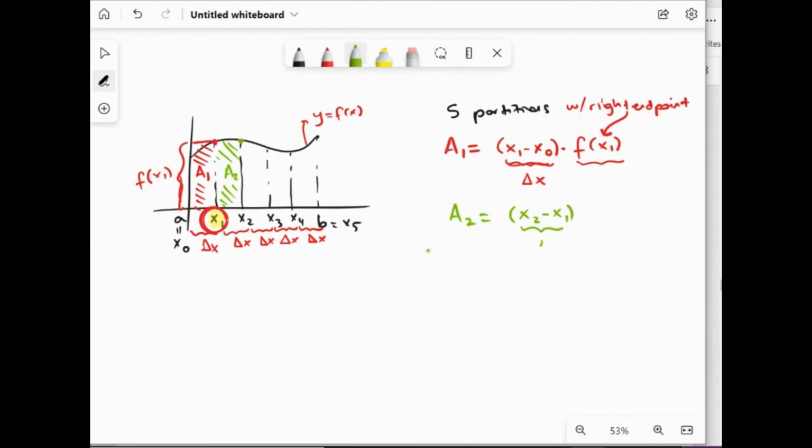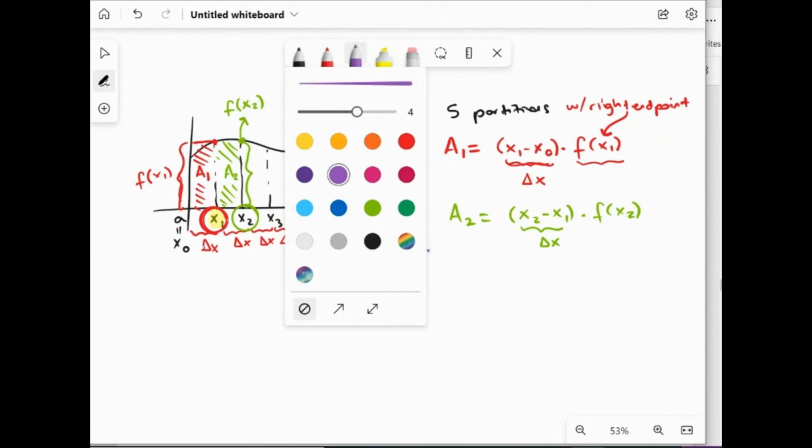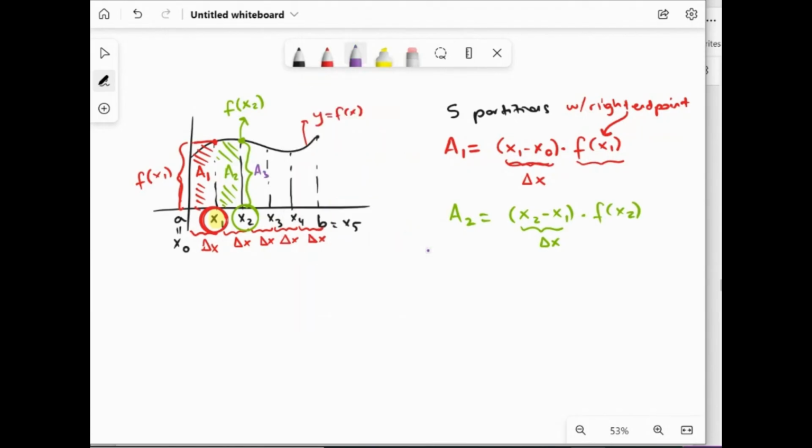So the width is x2 minus x1, which is delta x, times the height, here given by evaluating this function at the right endpoint, which is f of x2. Okay, so with the same idea, we can just keep writing the other areas, A3,